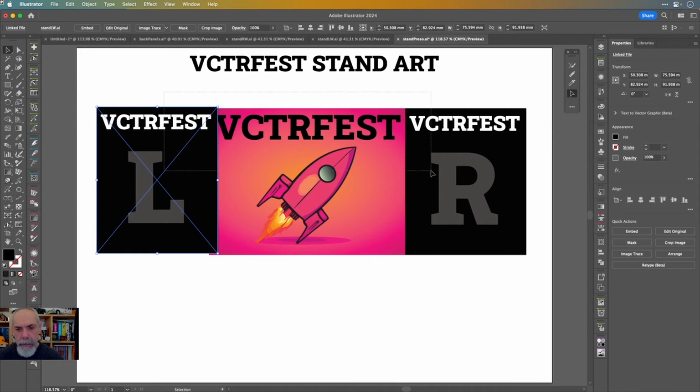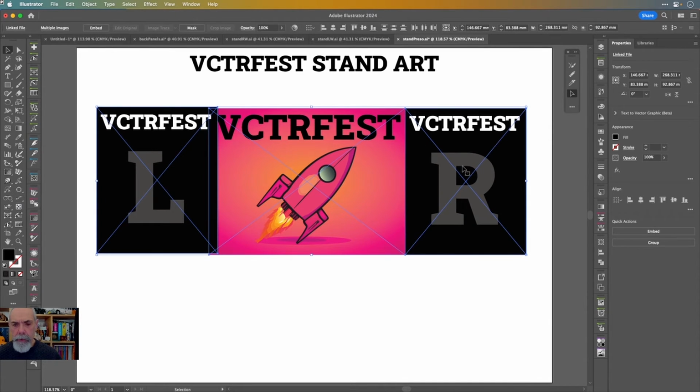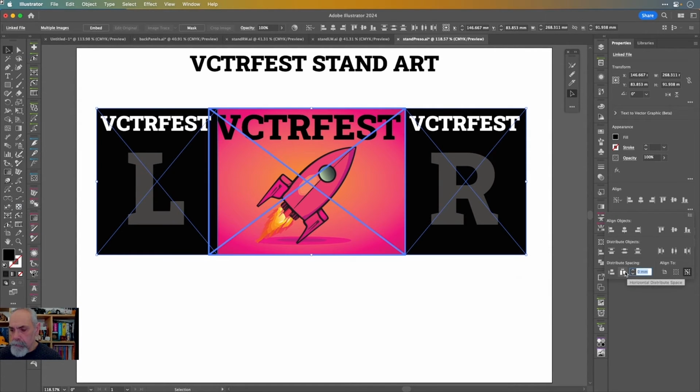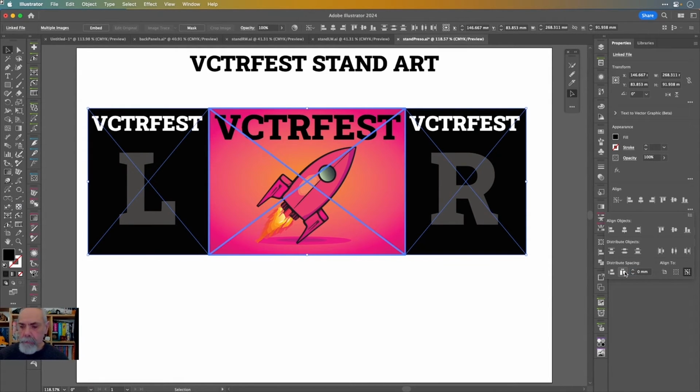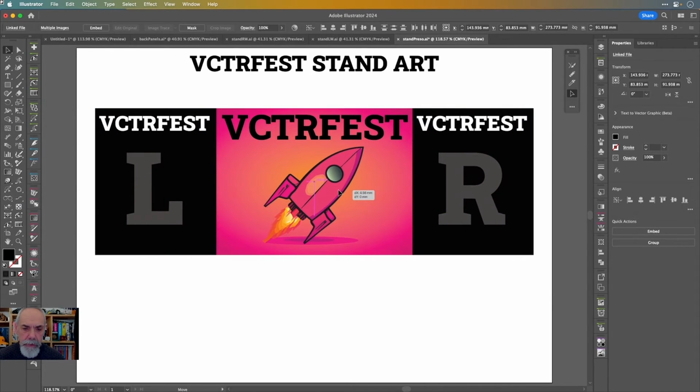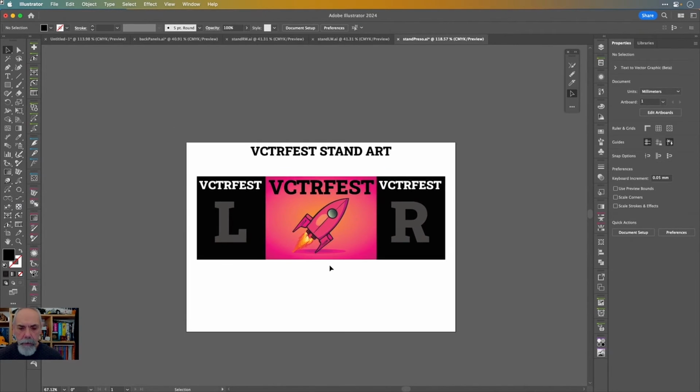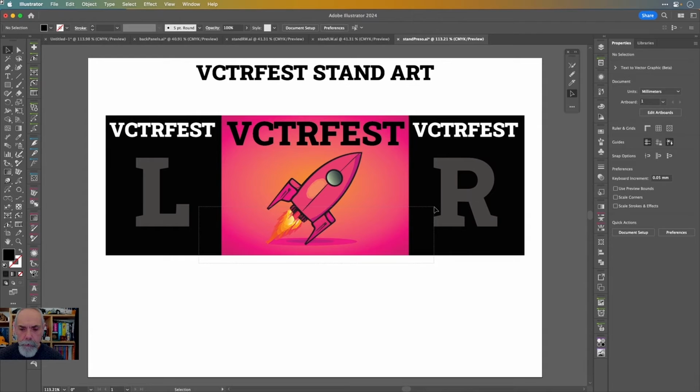And what I do then is I select all three of those, click on the middle one to make it a key object, because then I can go align top and they'll all align to the top of that. I can then go into the further options here and put a value into distribute spacing and set it at 0, and then do that, and then everything moves out to the sides like so, and then it can be just repositioned as a single unit there, and the smart guides show me when it's in the center. So you get to do a preview like that,